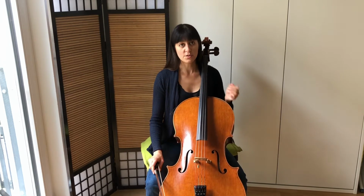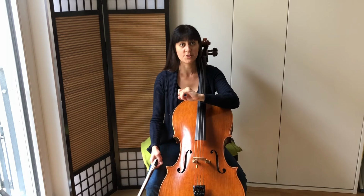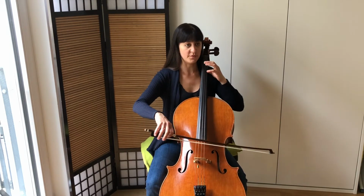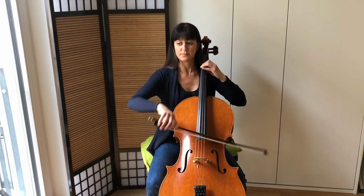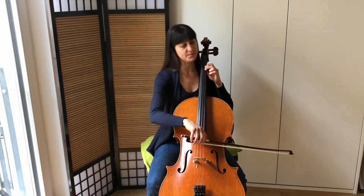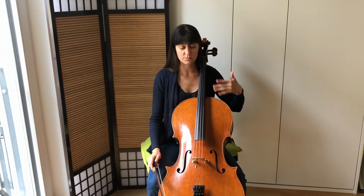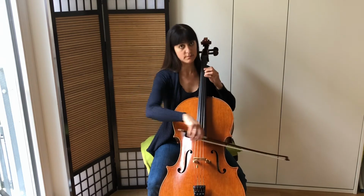And then you can also think about articulation. You could differentiate the articulation between different phrases. For example, it sounds like you want the beginning to be marcato, that's nice. And then this could be more gentle, a little bit more sing-songy. And then again,